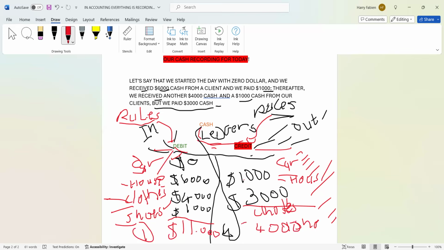You have to calculate the total balance for each side, for the debit side and for the credit side. So you have $4,000 that you gave away, and $11,000 that you received. Now you're going to do the closing total. We call that the closing balance.